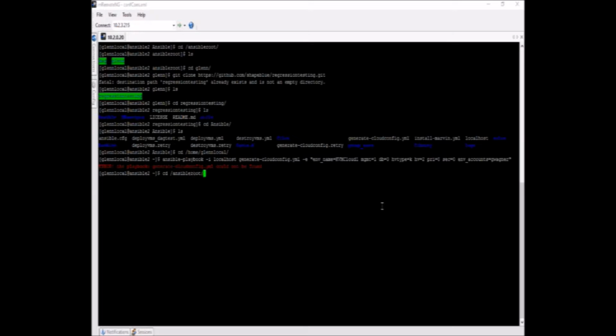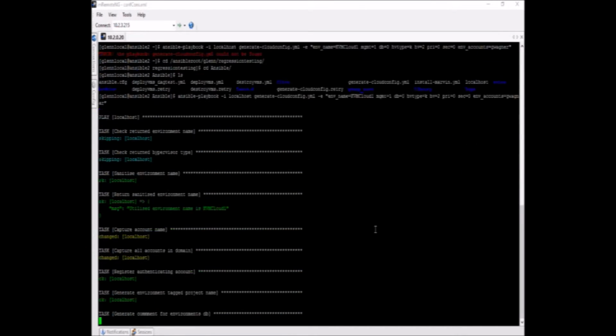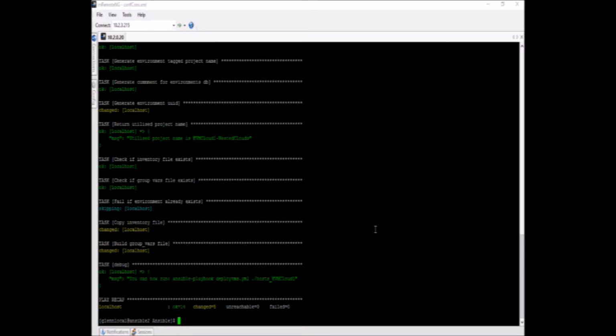So it's Ansible root, KNW, exactly where you did the git repo, Ansible, and then I run the command. There we go. So it generates an inventory file for me with all the details of what I want to create, a KVM environment. If you open this file, you'll see there's a whole bunch of placeholders